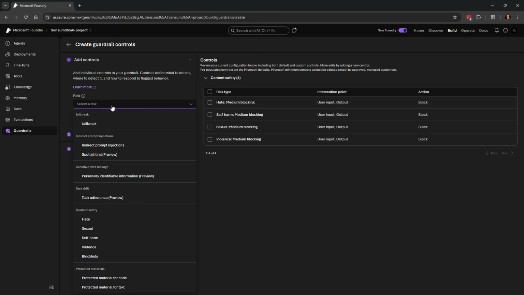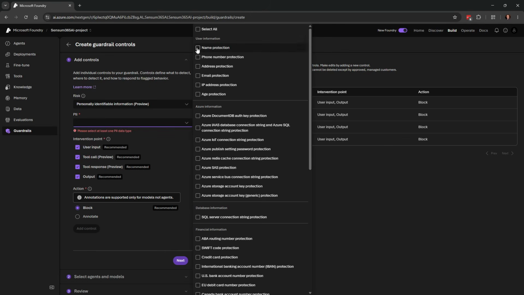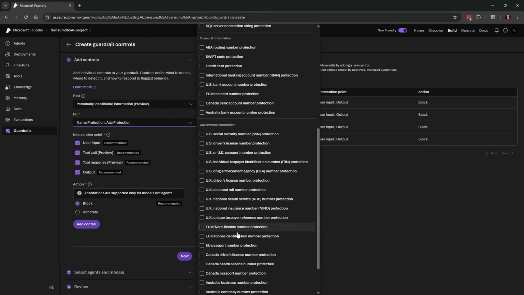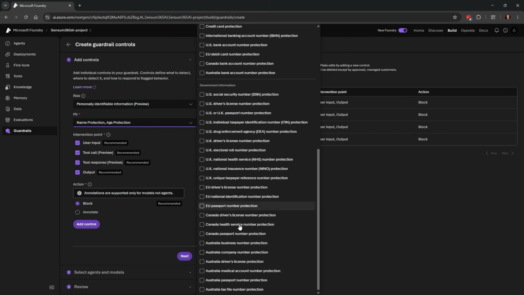And then we can add more, like personally identifiable information and a few others here. So for example, I made one earlier where I wanted to have name protection and age protection be active, but it could also be various other things and certain special protections of various countries' things.